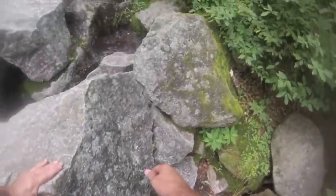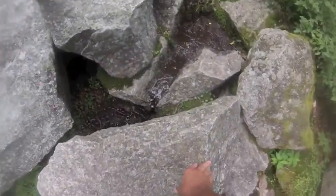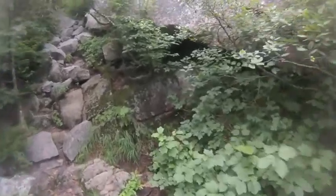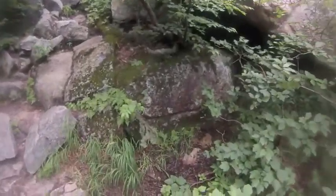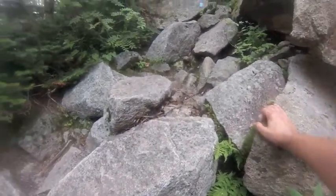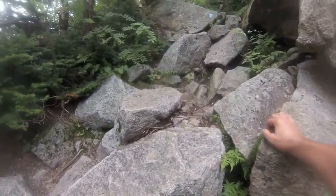This is definitely not pole country. You might want gloves, but you're on all fours. And we're going up again. There's a light rain coming down. Nice and cool. Not an ideal day for views, but